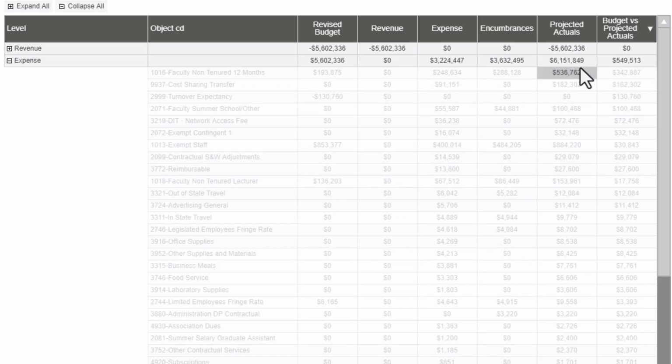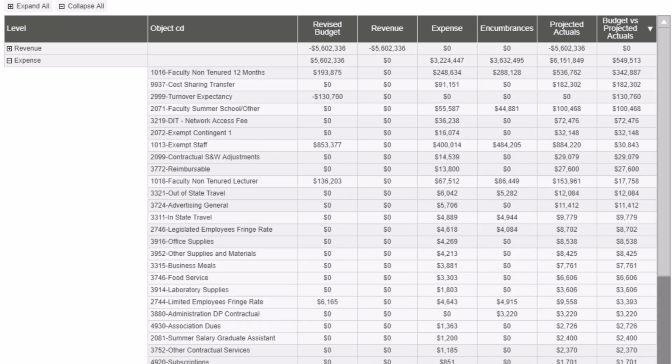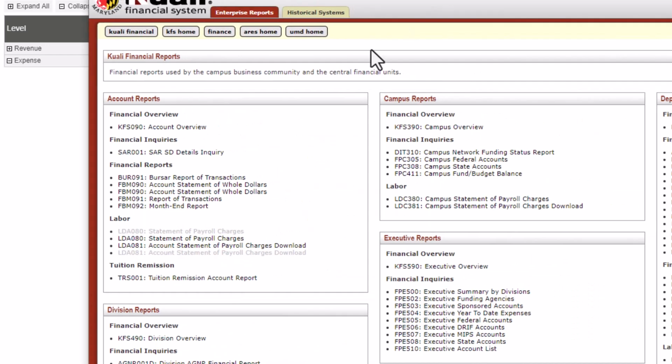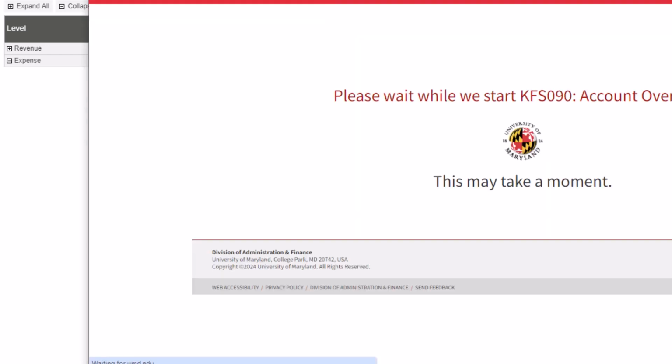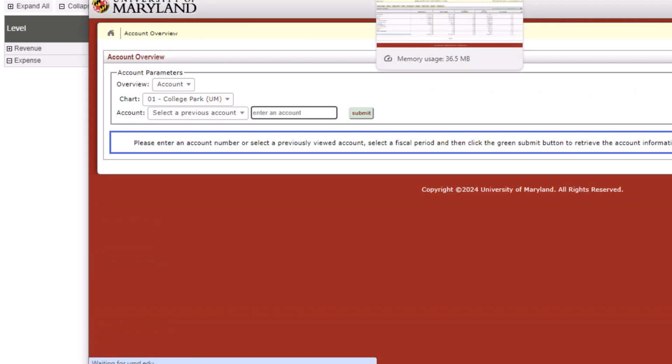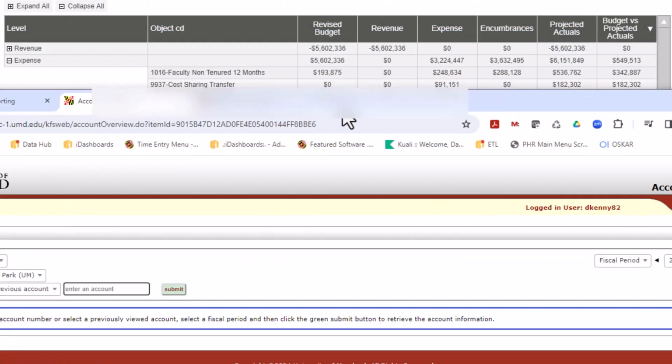So you can see the projected actuals is over $500,000, and the revised budget is only about $200,000. So that's why we're seeing a difference of almost $350,000 on this object code, because it appears that this object code is under budgeted. So if I wanted to, I can do a review as a department user into the actual account itself. So when I pull up the account,